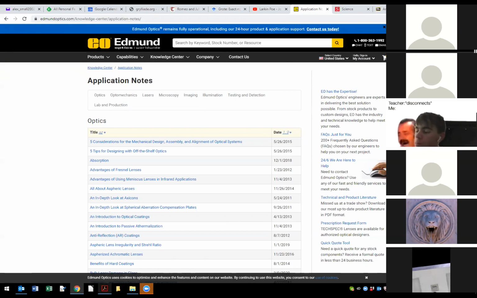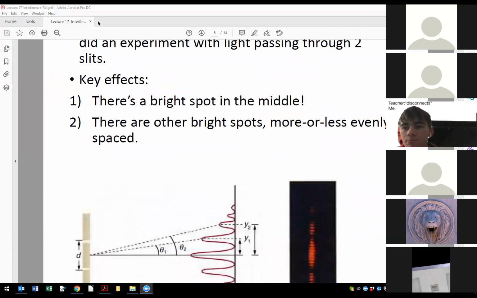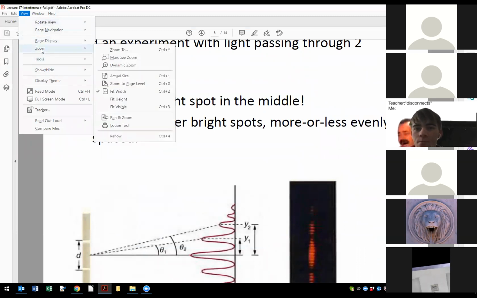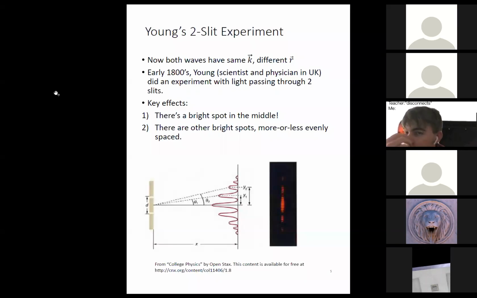With that, let's go to the notes. So we are going to mostly talk about, if I can get to full screen mode, Young's two-slit experiment, which along with Poisson's spot was one of the definitive experiments for proving that light is a wave. So now we're going to be doing a case where we've got light coming from two different